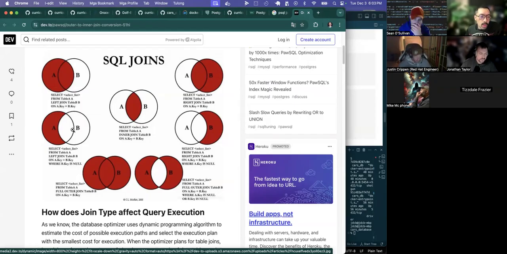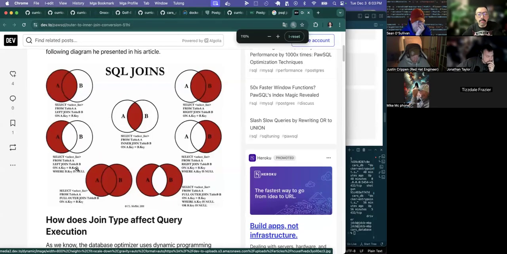You can use the same syntax to filter. So let's say we wanted users in table A that do not exist in table B. Now we could still use the left join, but we also want to specify, when we specify where we want to match, that the key in the right table is null. I don't know if y'all could read that. This text is super small, but